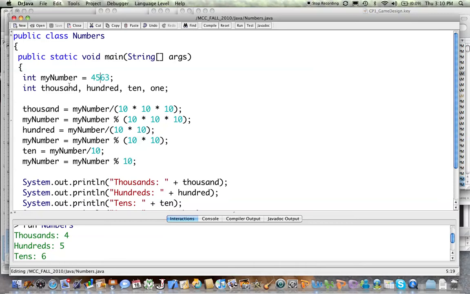Now what I'd like to do is take my number and determine how many thousands, hundreds, tens, and ones I have in that number. My first step is to take the value, my number, that I know is 4,563 at this point. I'm going to divide it by the value 10 times 10 times 10, which is 1,000. By dividing by 1,000, I will find the number of thousands that there are in 4,563, which is the value of my number. With this calculation, I will produce the number 4,